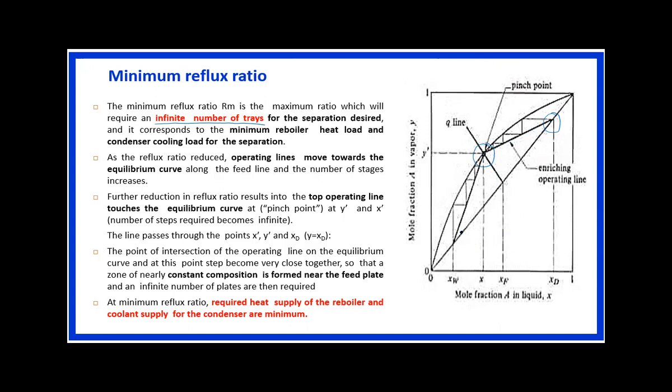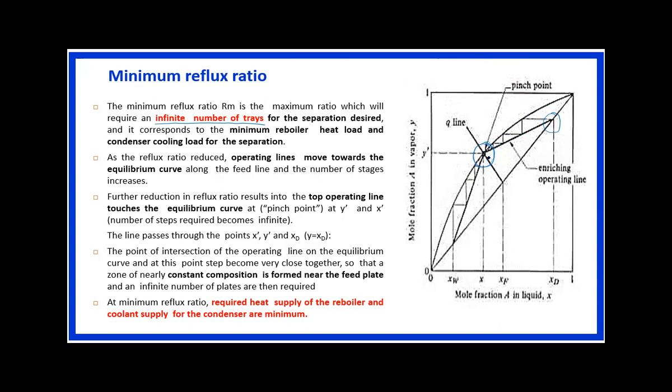In a similar way, if you observe, the operating line of the stripping section also coincides with the Q line on the XY diagram. And that is why in this upper part, the triangles, which are nothing but the number of theoretical stages required, are more. And these triangles are infinite, that is, the maximum number of triangles indicates the maximum number of trays required for the minimum reflux ratio conditions.